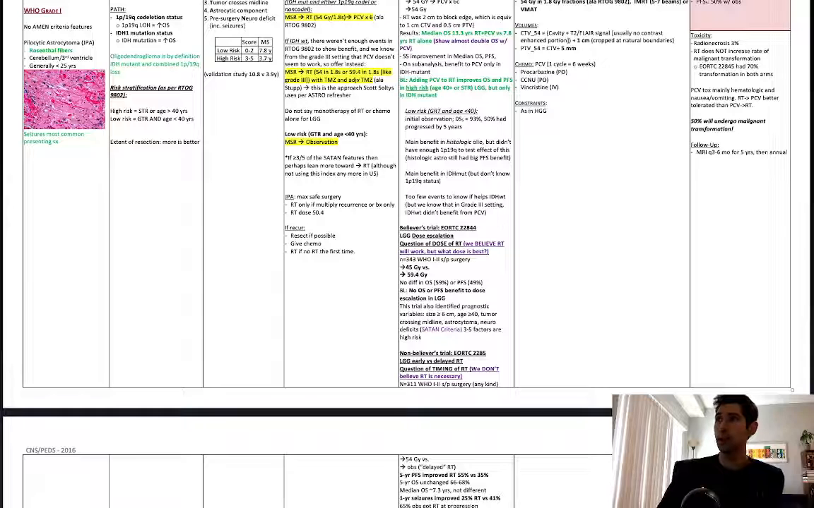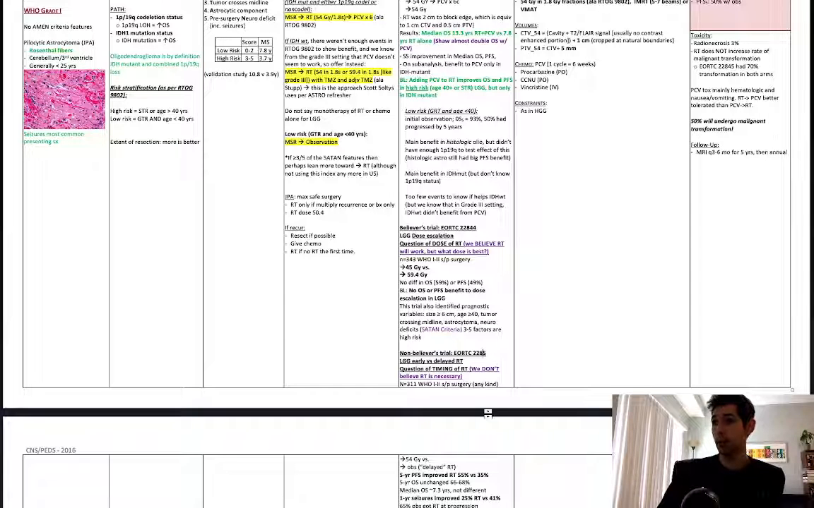Overall survival at 10 years for histologic oligos is 75%, for histologic astros is 45%, progression-free survival at 5 years is 50% with observation. Toxicity, 3% get radionecrosis. Radiation does not increase the risk of malignant transformation. EORTC 22845, which is the